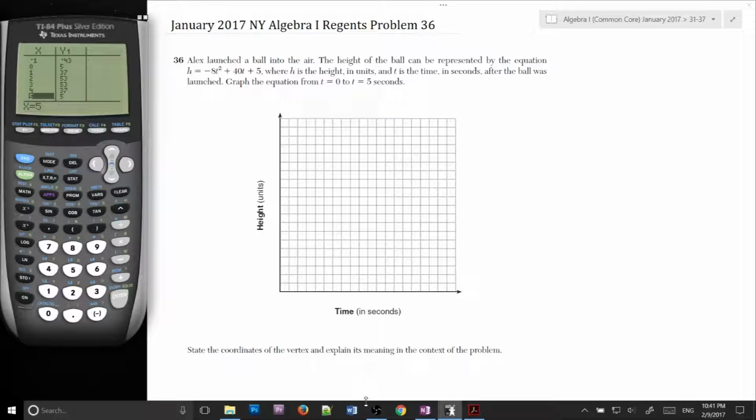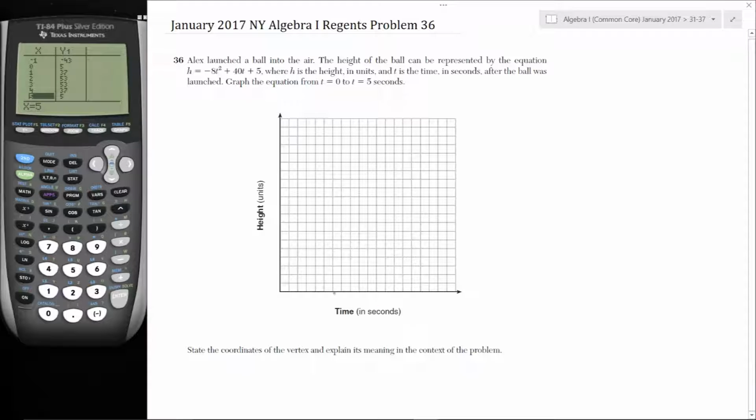So we need to choose a scale for this situation. Since we're graphing from t equals 0 to t equals 5, we want to count the bottom boxes. Let's see, 1, 2, 3, up to 20. So if we count every fourth box is a second, so 20 divided by 5 is 4. So if every fourth box is a second, we can fit just barely the time. And you do want to use as much space as possible,